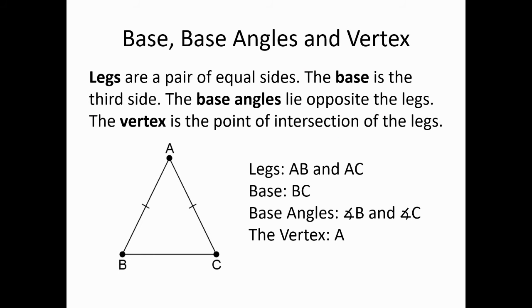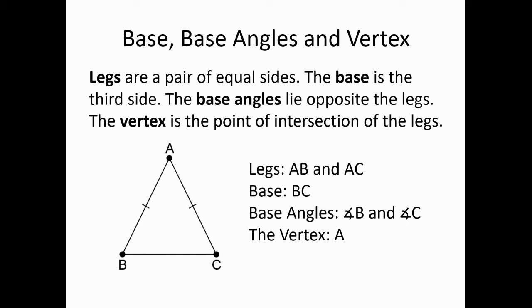Here's a little bit of terminology that describes, as it were, the anatomy of an isosceles triangle. The legs are a pair of equal sides. The base is the third side once we have chosen a pair of equal sides. The base angles lie opposite the legs. We'll talk about opposite in just a moment. It's a very simple spatial idea. And then finally, the vertex is the point of intersection of the legs. I know that one's a bit strange because really, of course, every triangle has three vertices, but in the context of isosceles triangles, we sometimes talk about the vertex, emphasis on the, and we mean the point of intersection of